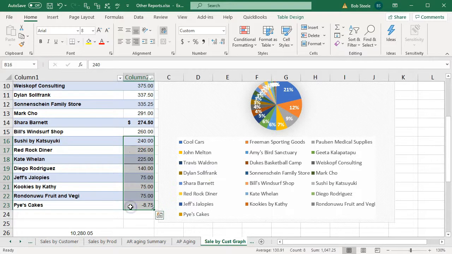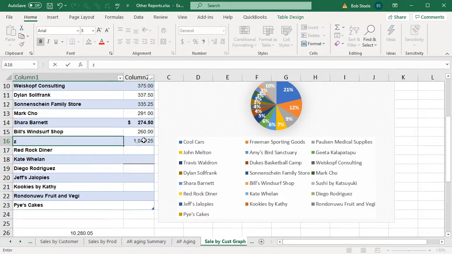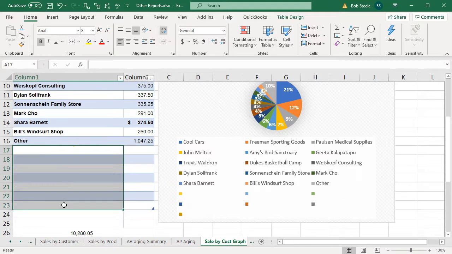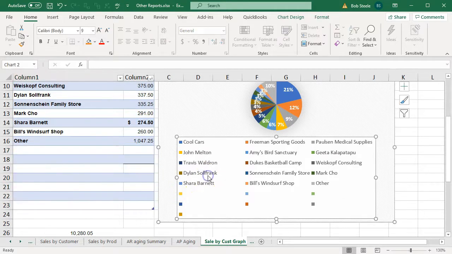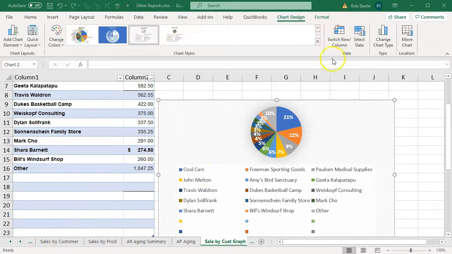If I delete that 1,047.25, and I put in 1,047.25 here, and I'm going to label this other, right? So that's going to be other, and then this data is now gone, right? Those are gone. And then I can change the data that's being picked up by going to the Chart